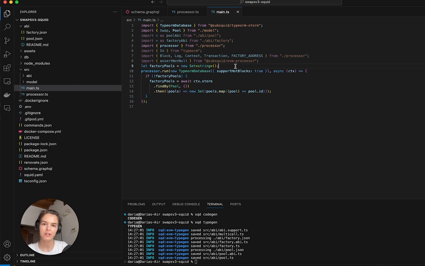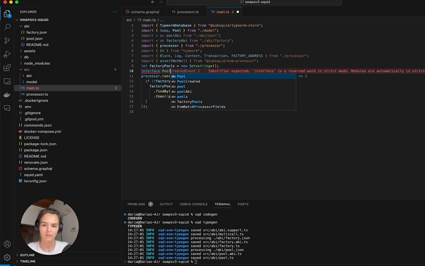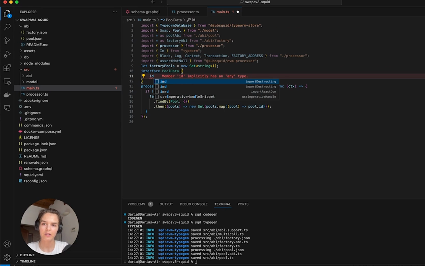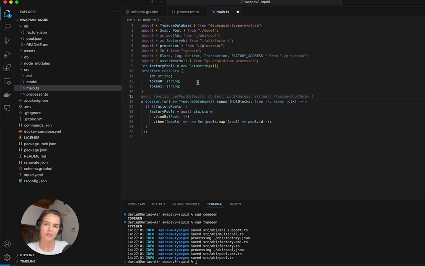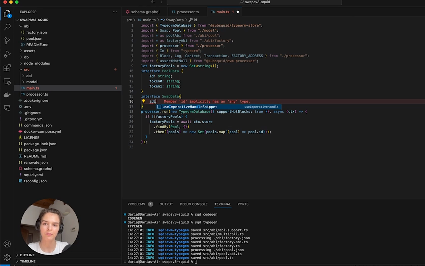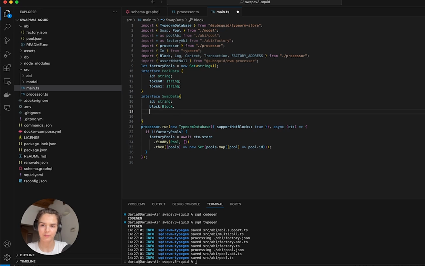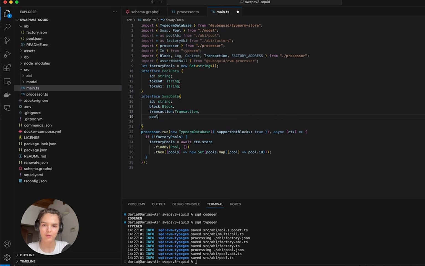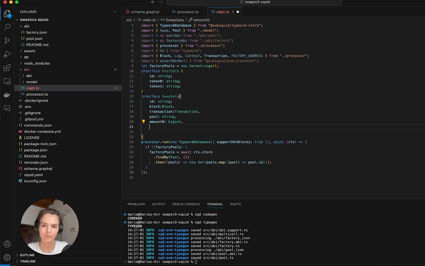Now for our convenience, let's define two new interfaces. So first is going to be the pool interface. We're going to call it PoolData, and it's going to have an id, which is a string, token0, and token1. Next, let's define the swap interface. It's also going to have an id. We also want to keep track of the block, and it's going to be of type Block, transaction, pool, which is going to be the address of the pool, so it's a string, and then amount0, which is a BigInt, amount1 as well,